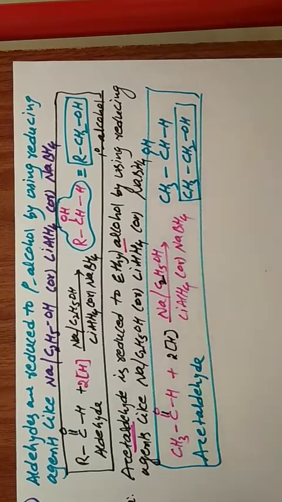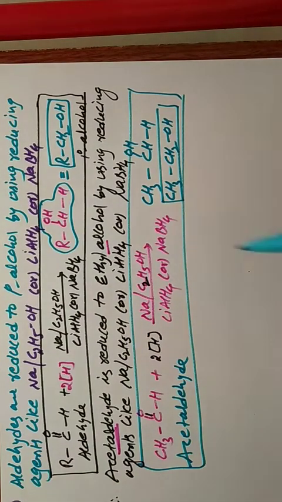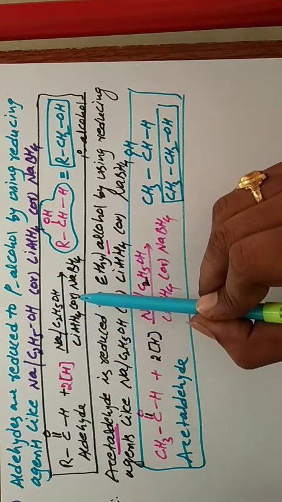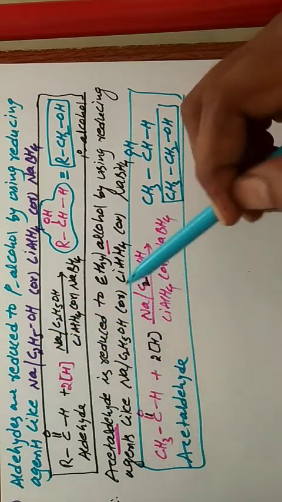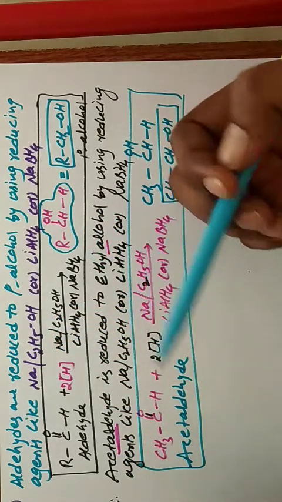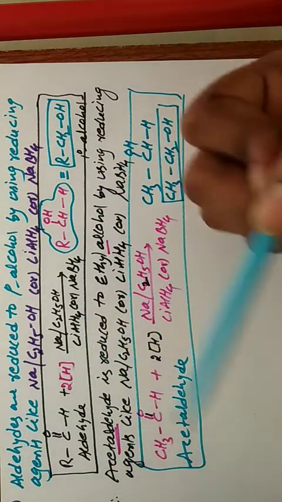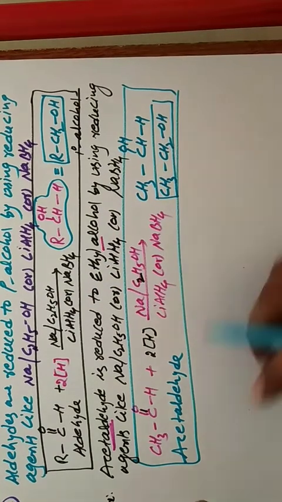So similarly, suppose these reducing agents are used for ketone, what type of product can we get? We can get alcohol, secondary alcohol. Same principle. The pi bond will be removed, 2 hydrogen atoms are attached, and we get the alcohol. So this is the fourth reaction A. Next, fourth reaction B.